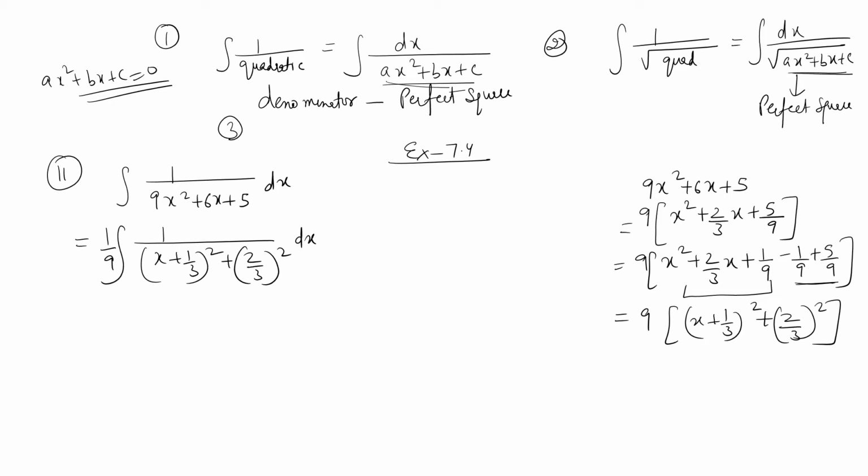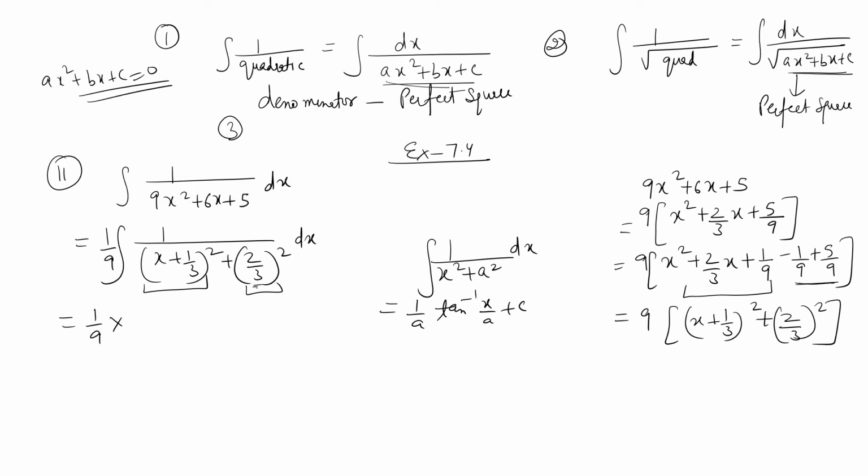Now out of the formula which we did in the earlier slide, the formula which is taking its form is of the form of 1 upon x square plus a square. A is a real number, right? And the term of x is involving some variable. And the formula was 1 upon a tan inverse x upon a plus c, right? So the formula will be applicable like, who is a here?